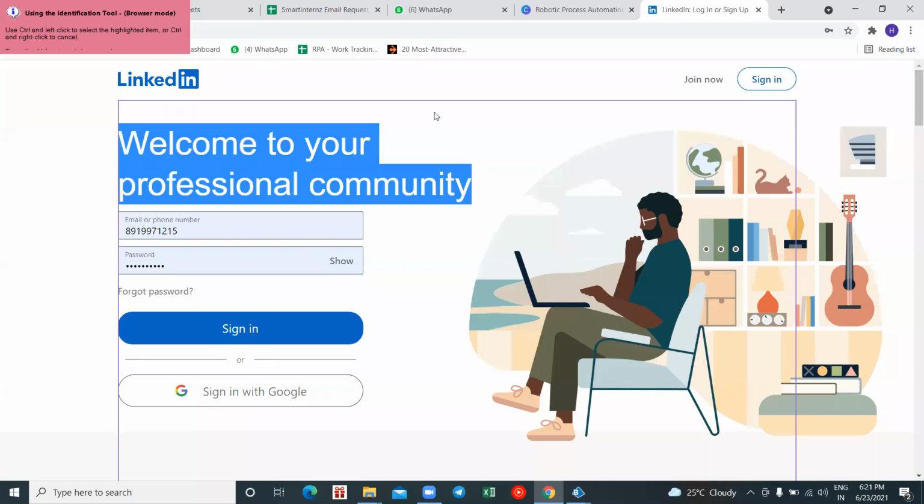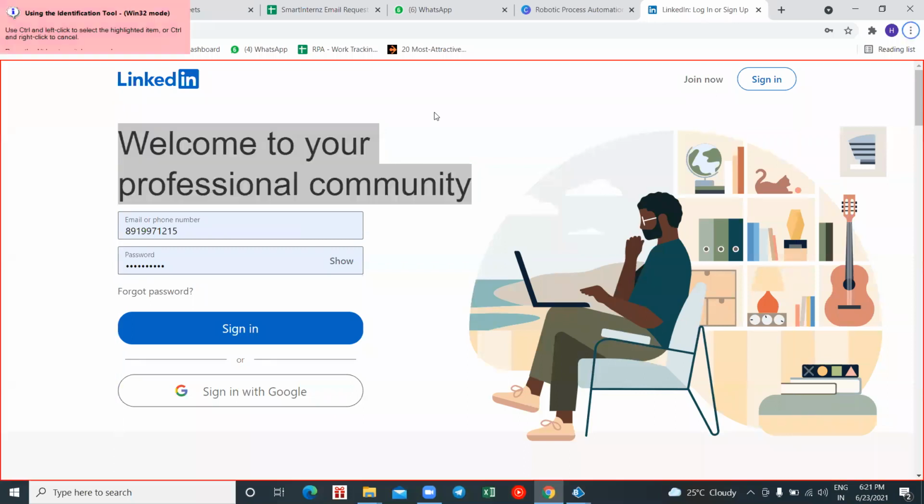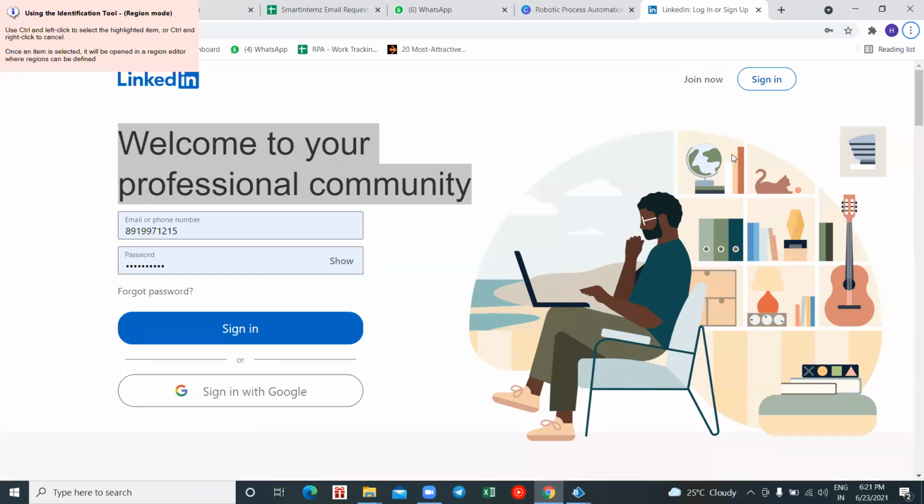To change this mode, I'll click on Alt. Windows mode is nothing but Win32. Win32 is used only for your Windows application, to capture your Windows application. To switch between your modes, you can make use of your Alt button. This is your UI mode, and the other one is your region mode. These are the 4 different modes we have for capturing. And now if you go with your Windows application, you use